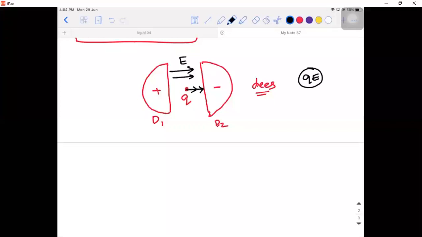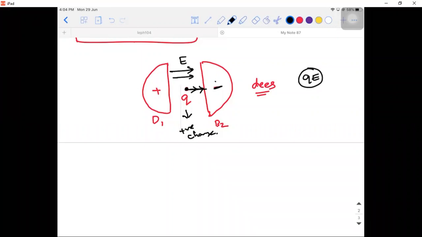That's it. But my theory is different. I feel that this particle will go and stick here. Because what is the nature of this charge? Positive. What is the nature of this plate? Negative. So obviously, once the particle crosses this plate, why is it going to stick again? Right? That is what is going to happen.